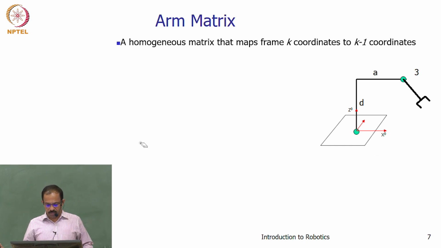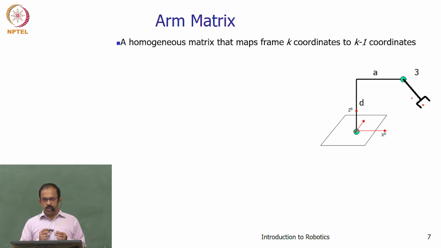industrial manipulator. The purpose of forward kinematics is basically to map the coordinate frame at the tooltip to the base frame. So if any point is represented with respect to the tool frame, you should be able to represent that with respect to the base frame. And there will be many joints in between the manipulator tooltip and the base frame.